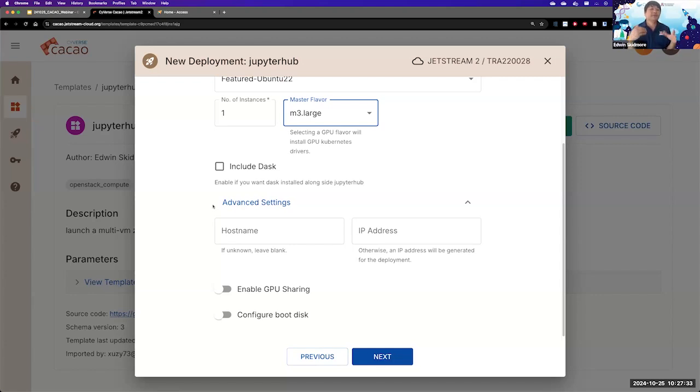If you're familiar with what you're doing in a workshop setting, you can say, oh yeah, they won't need more than X amount of GPU resources. So you can make that decision, but only do that if you're familiar with how much you actually want to split. It's already built into the template, the drivers in Kubernetes and how to split it up.